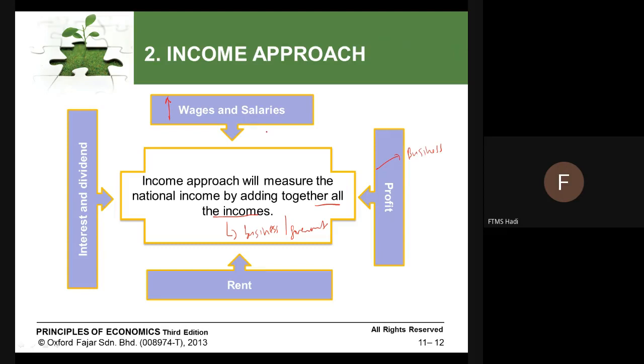Okay, by paying more salaries and more wages to the employees, so they can measure that as an income approach. Compared to the company which have less profit, there is a possibility that they will pay low salaries and low wages. So that is one of part of it, income approach.